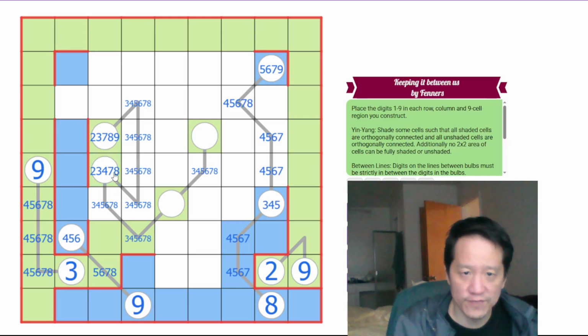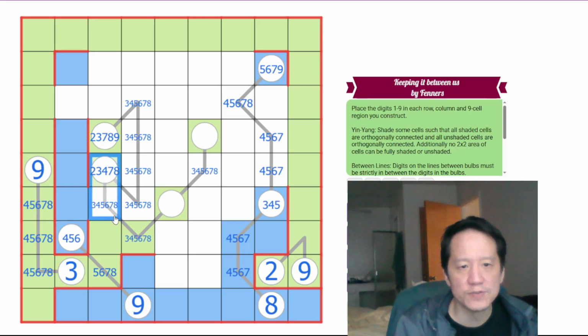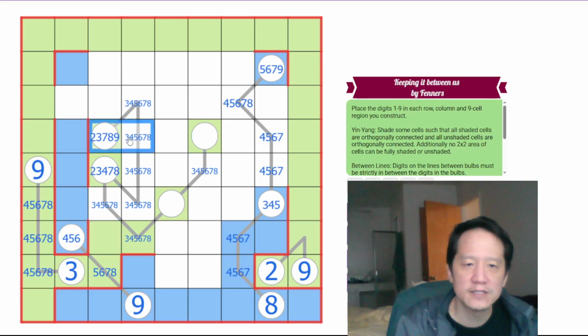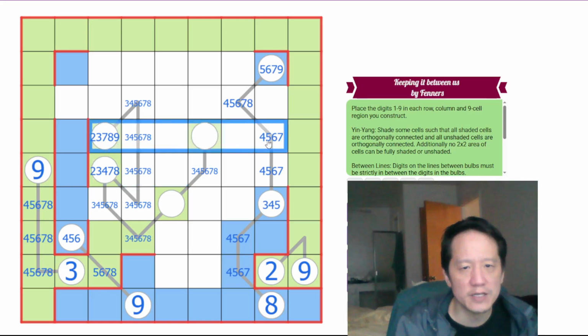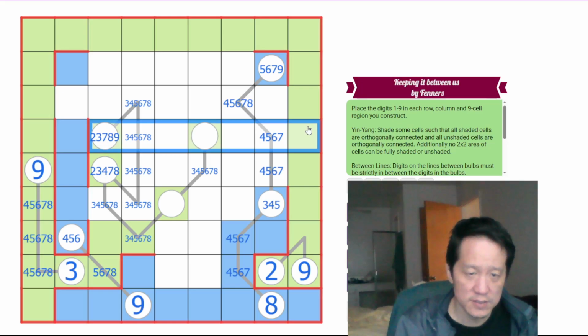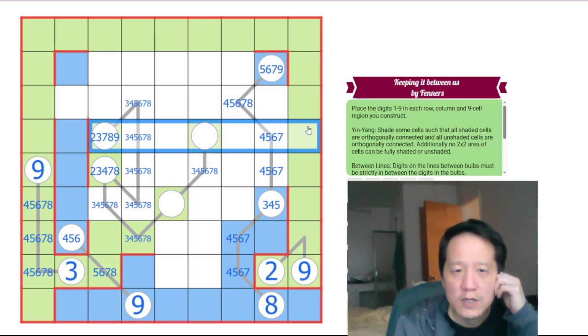If this is 4, can this be 9? How is this ever 4? It can't be, right? If it connects this way, oh, I guess it could connect this way. Never mind. So that could potentially be something. Well, but this has to be 9 at least. And it cannot go all the way across